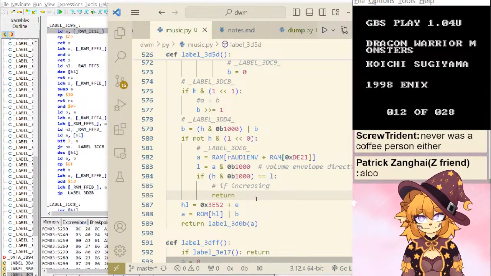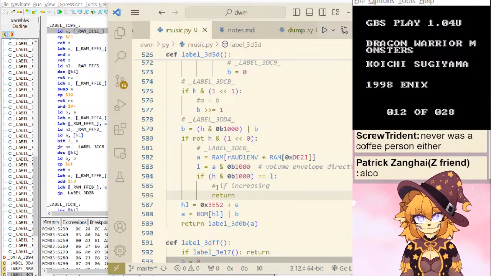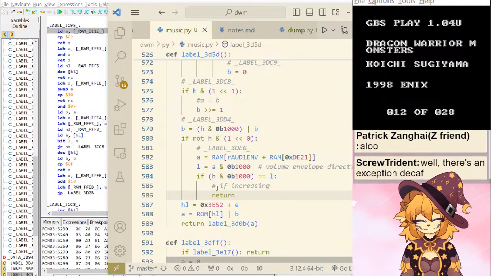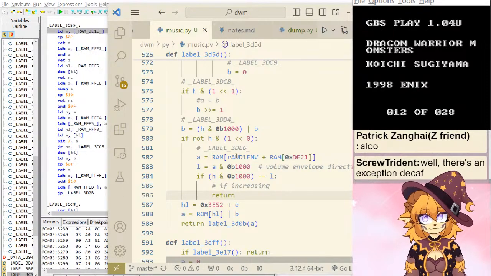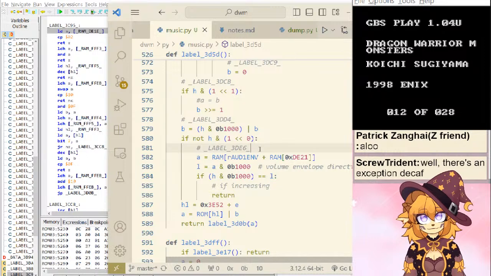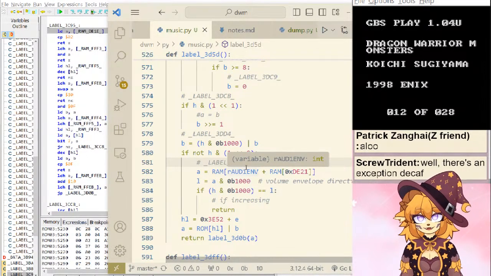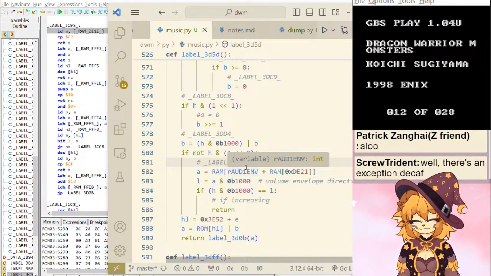Oh, hey Patrick, welcome, good morning. Or afternoon. There's an exception, decaf. Does it taste different? I don't know that I've tried decaf. But like, what's the point, right? I like the taste of caffeine. It's all going to the same place.